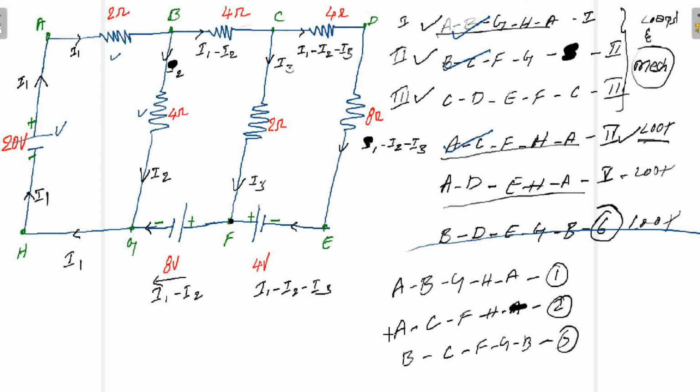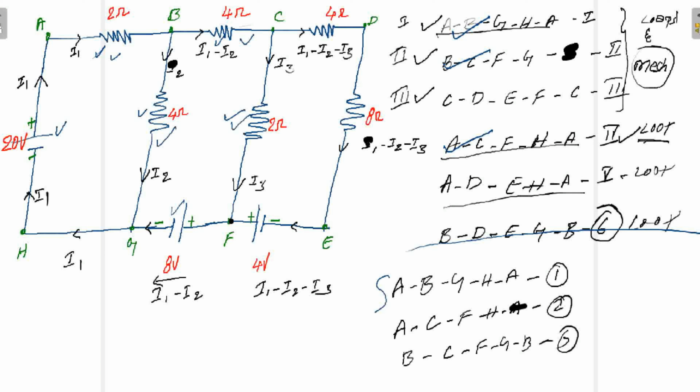Next, with the help of the second one, A, C, F, H, A, again this is covered for the second time. A, C, H, A, this is covered one time. So this is covered one more time. This is covered. So how many? Next, BCFGB, again it is covered. Again it is covered in BCFGB. Again it is covered. FBC, FGB, again we are covering.